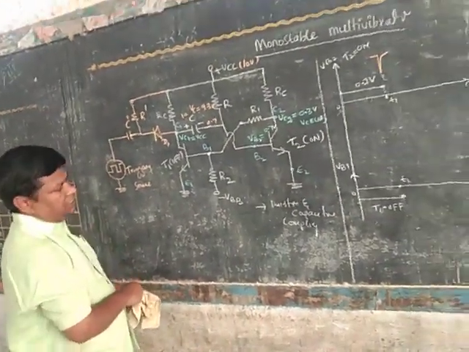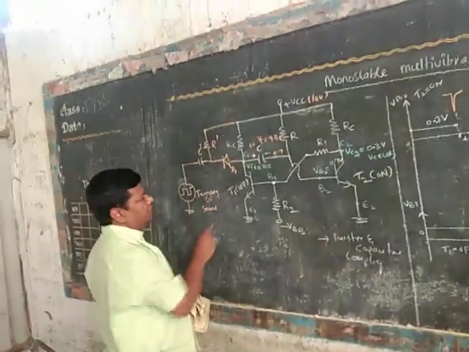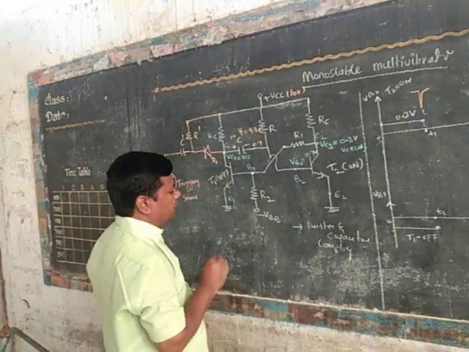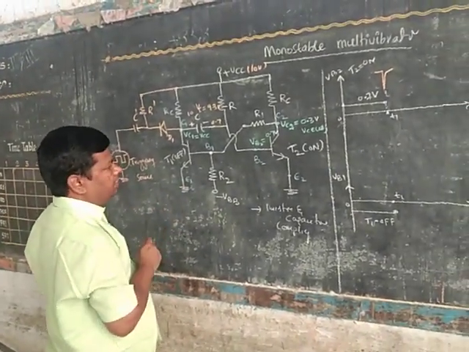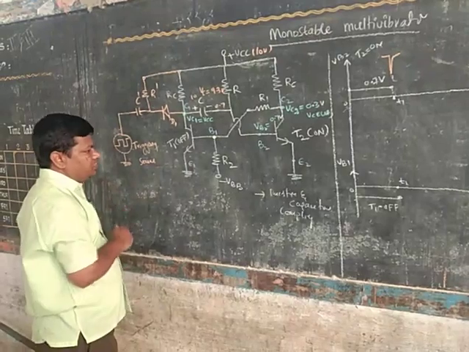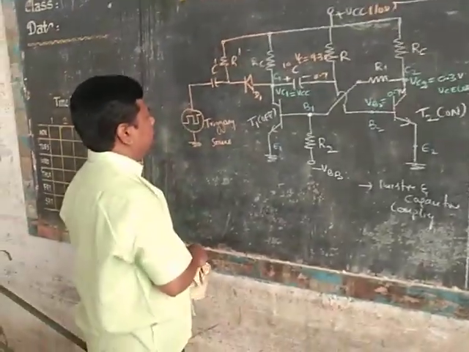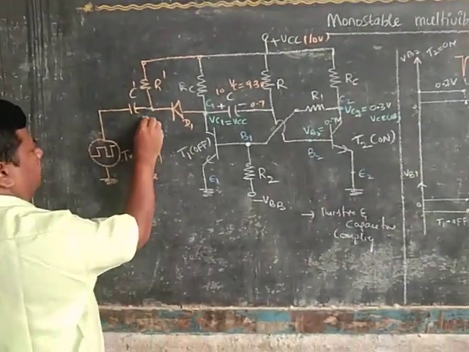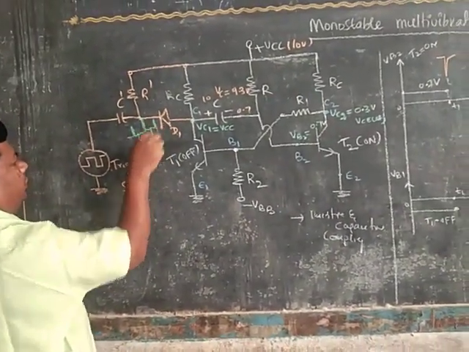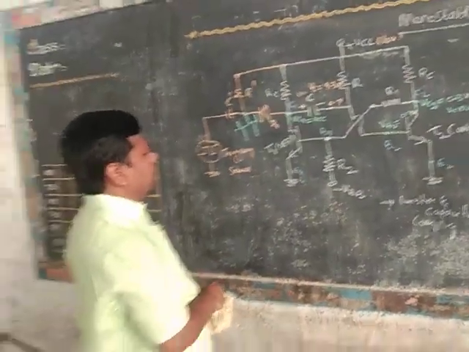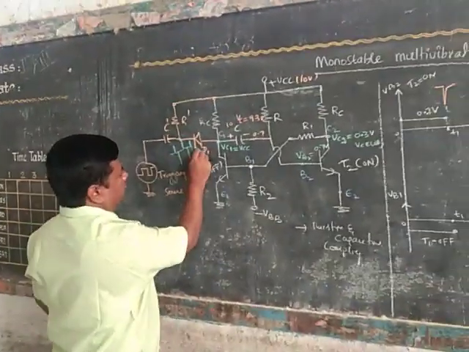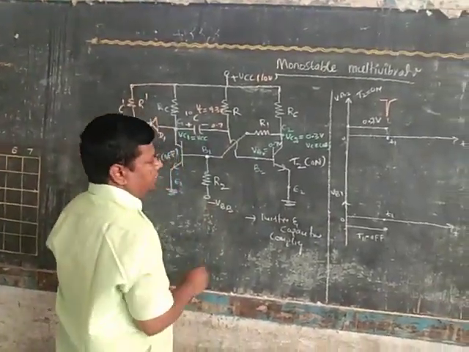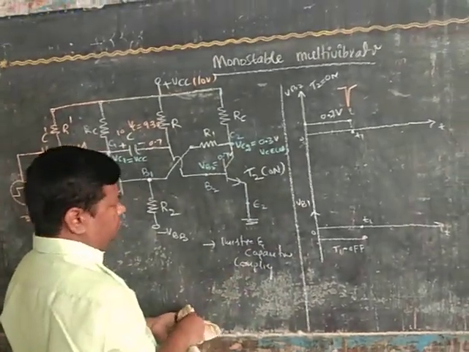Now apply the triggering signal. For a positive going triggering signal, diode D1 is off. There is no change in the state of the multivibrator. Stable state only, T2 on, T1 off. Then coming to the negative going trigger. These two form an RC high pass circuit. Here the waveform is spikes with twice the amplitude of the triggering source. For negative going, diode D1 is on. A large negative voltage is applied to the base of T2 transistor. Immediately T2 enters into off.